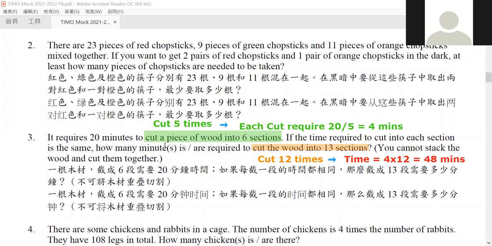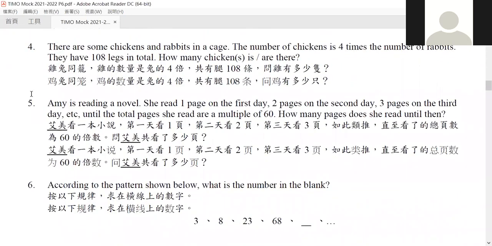Okay, so let's go to the next question. Question number 4. There are some chickens and rabbits, and the number of chickens is 4 times the number of rabbits. They have 108 legs in total. How many chickens are there? So again, because the number of chickens is 4 times that of rabbits, now we can rewrite it. We can group